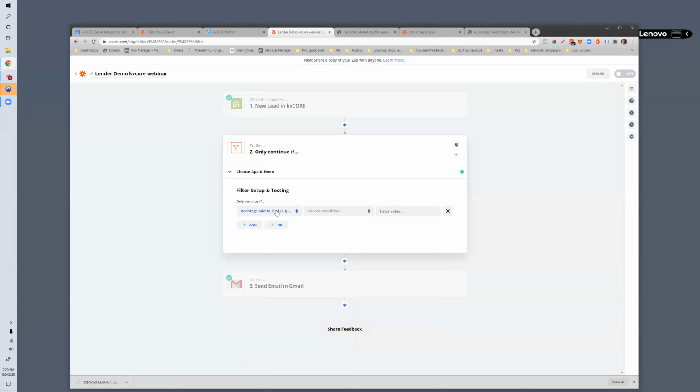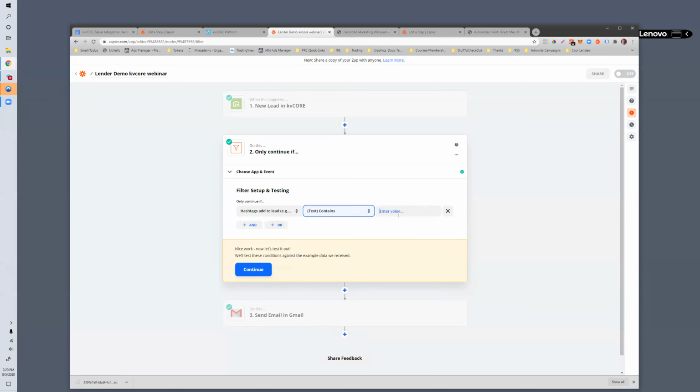Only if the hashtag contains, and at any value, thank you, Ruby, the hashtag contains whatever it might be. So it might be Philly. You're going to send one lender all your Philly leads, and the hashtags are coming in, and they say Philly. So you can go crazy here. You could also exclude certain leads, and I'm not going to drill too deep on that, but just know it's